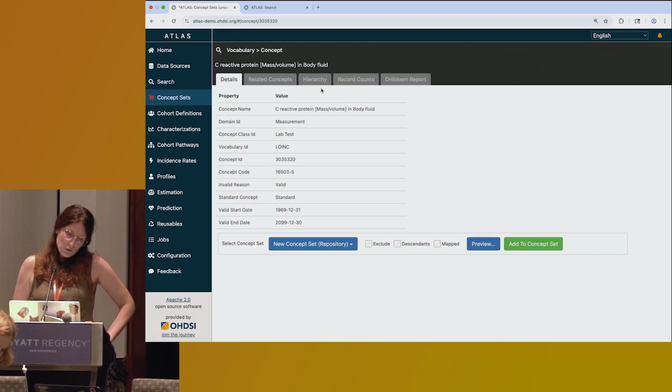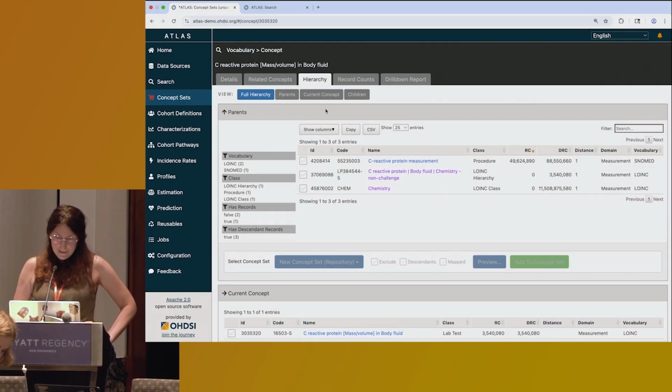So we should go to the hierarchy, and in the hierarchy we see classificational concepts of LOINC C-reactive protein in body fluid chemistry. We may choose it and exclude all the descendants. So we exclude all the concepts that represent measurements in body fluid. We exclude them, add to our concept set,